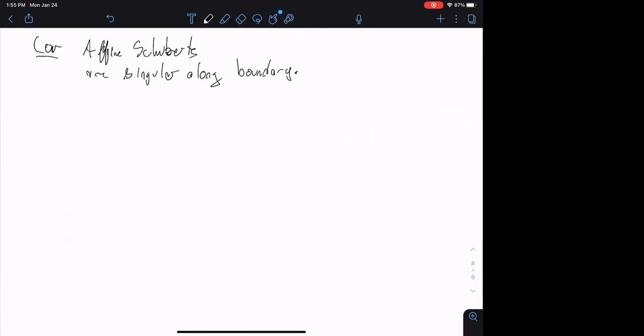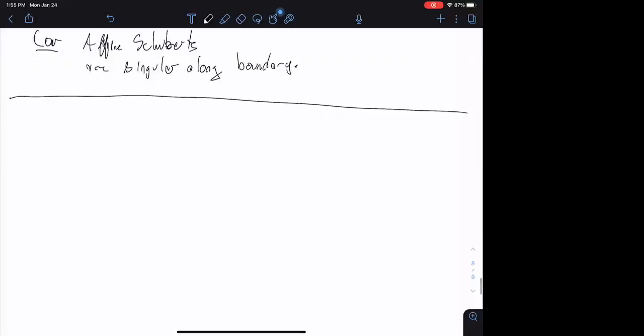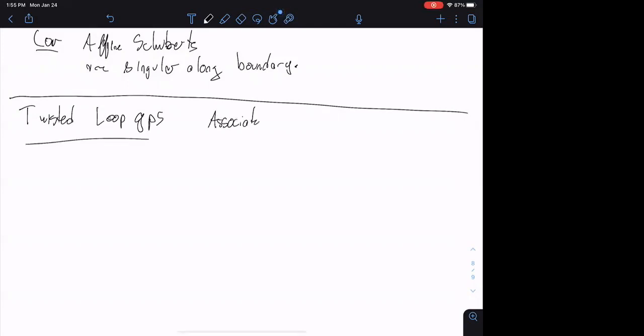Okay, the time is running a little short, so unfortunately, maybe my discussion of twisted things will be a little brief. So let me just get started. First we construct twisted loop groups. Twisted loop groups are going to be associated to diagram automorphisms sigma of G,